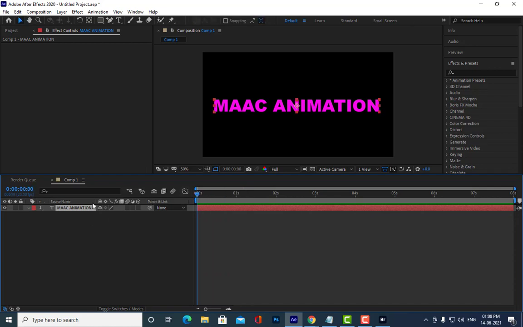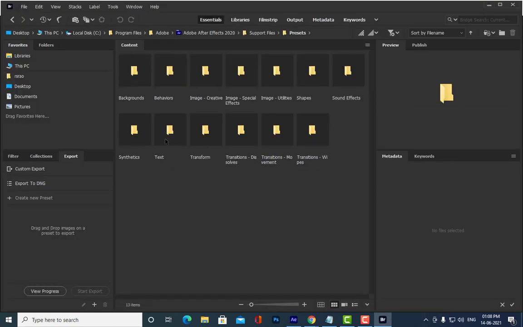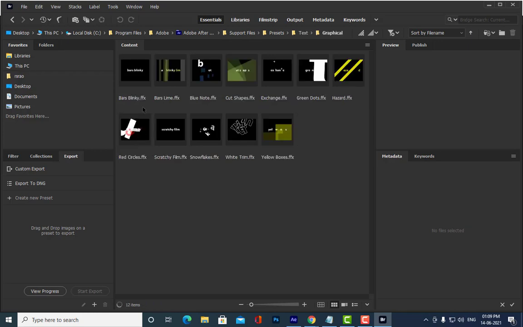So see here, just keep your time indicator at the first frame, and again we'll see two more animations. Browse presets and text, and then we'll see what this graphical is.